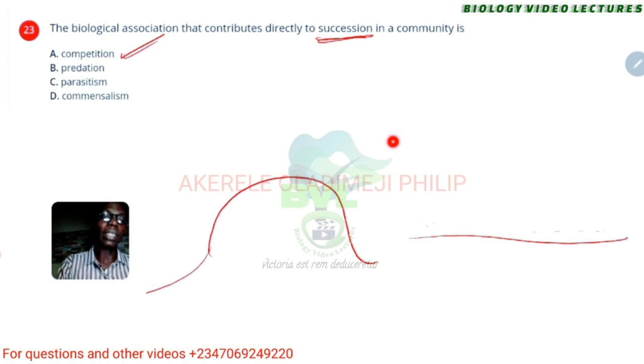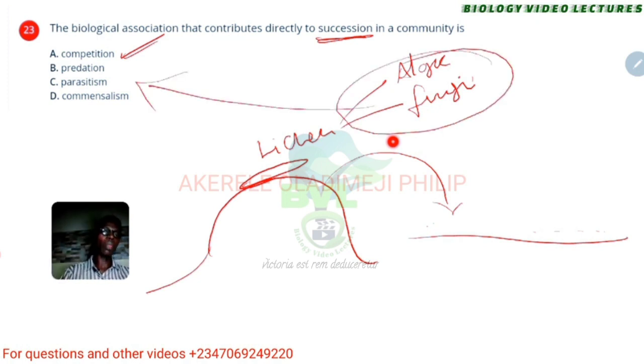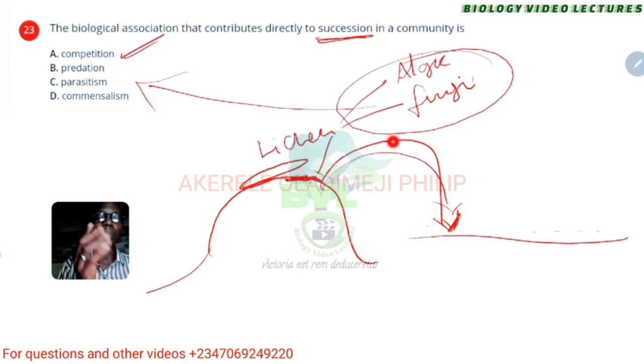So what happens is, if you were to change this to soil, the first colonizer of this rocky surface is going to be lichen. Now, this lichen is made up of two organisms called algae and fungi. That's why I said, if this is mutualism, I wish one of these options were mutualism, but you might ask me, why did I choose competition? The funny thing is that when lichen breaks this down, not totally to soil, please, but to a level whereby a little soil is formed, some other plants that are a bit adapted to a little soil come up there. After some years, they also die and create more manure on the surface of the rock,